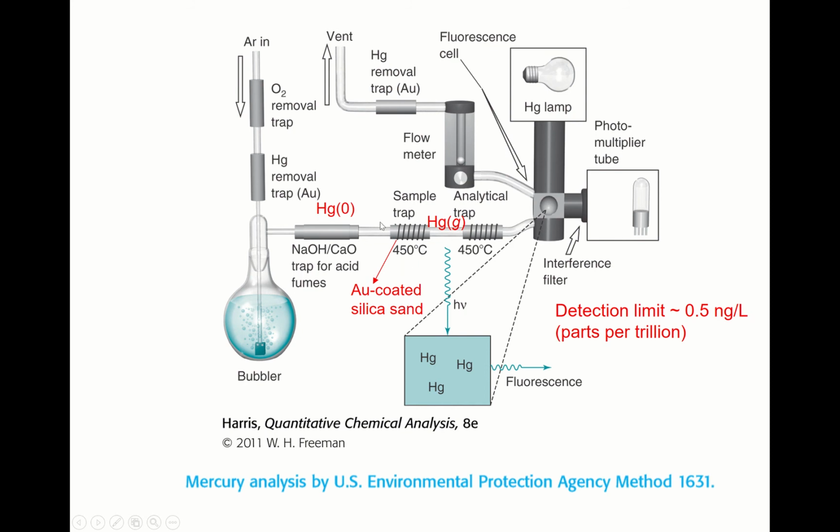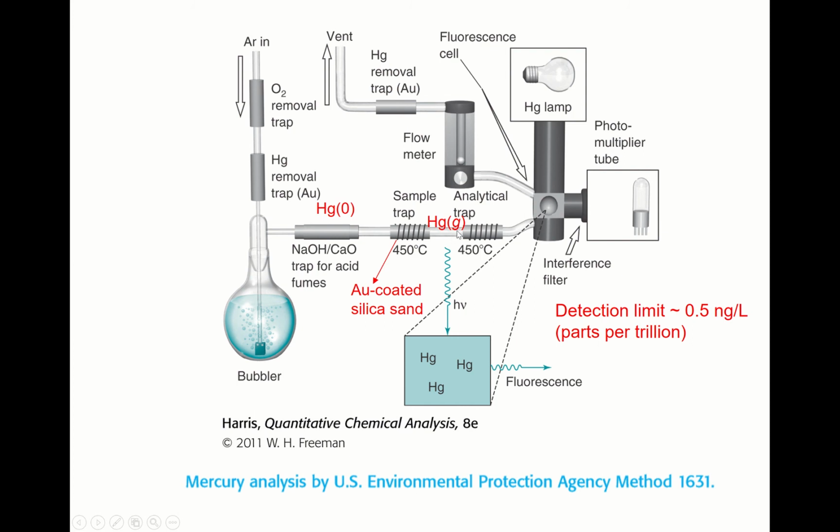But when you increase the temperature to 450 degrees C, the mercury trapped in the gold coated silica sand is now released from the trap